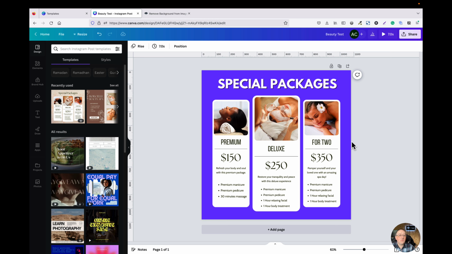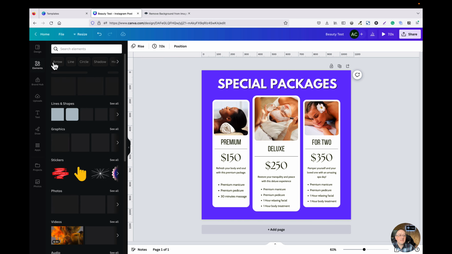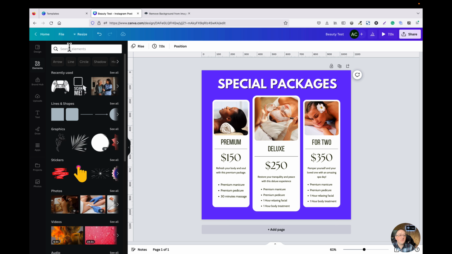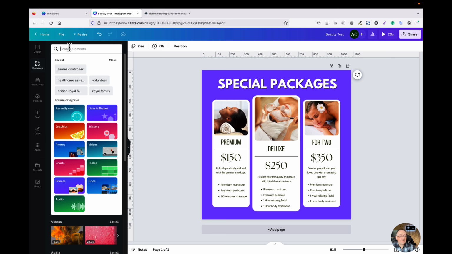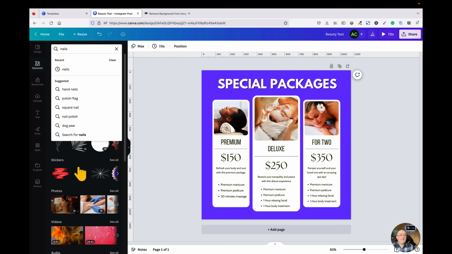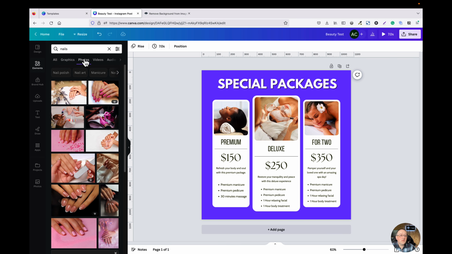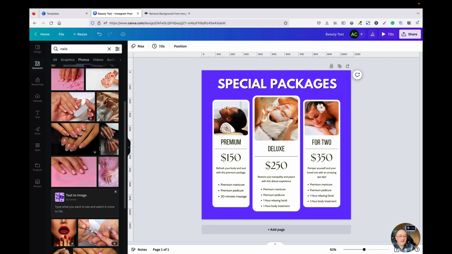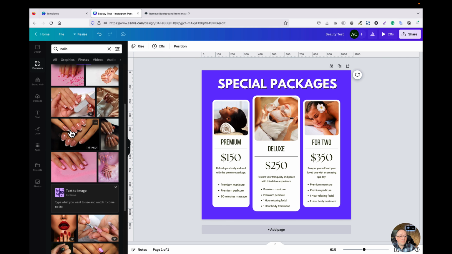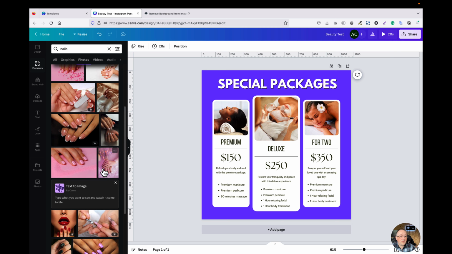The other things then that we were working with were, if we go into elements, we can search for a photo or a graphic that might be appropriate. So let's go for nails on this one. So type in nails followed by the enter key. Click on photos. And we've got lots of different options here for nail photos that we can use. Again, in the case of this example, we're not going to use anything that has a crown on it, but